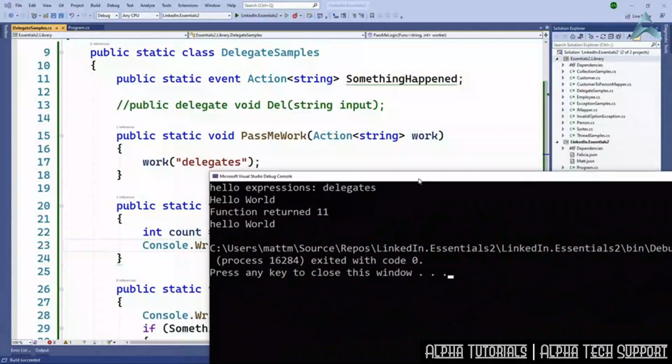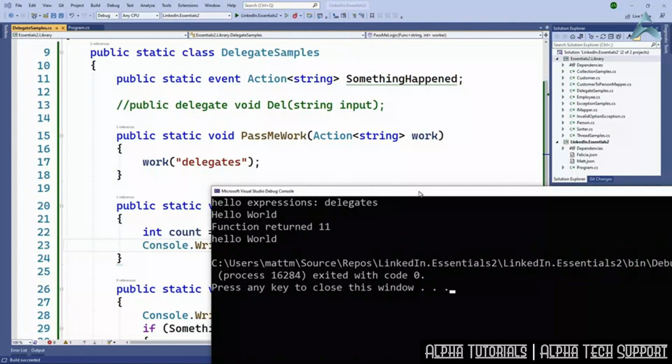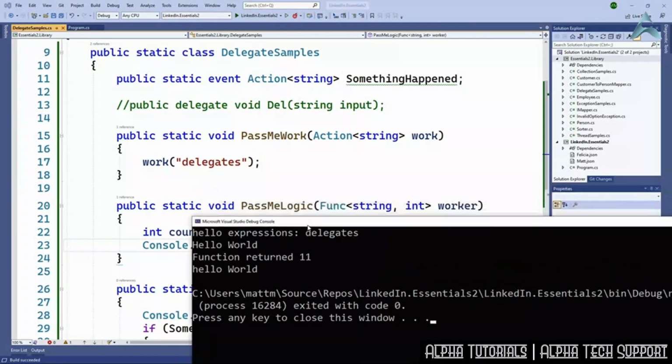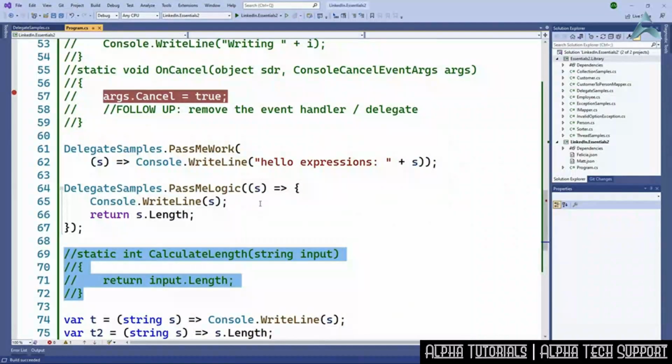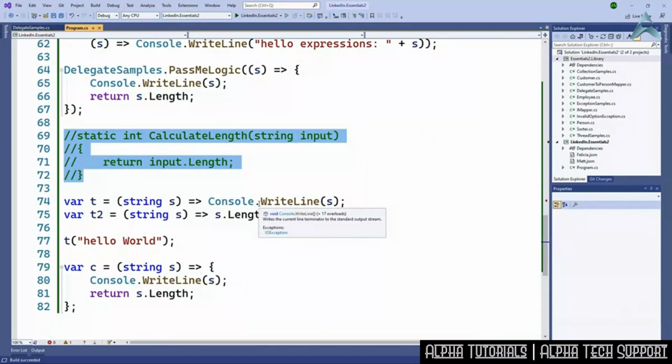So we've got our hello expressions delegates. That's the pass me work getting invoked there, calling back into our Lambda expression now with the word delegates. Then we have our hello world. That's what was called or passed into that function. When we call worker here, we're calling that expression we defined. And we first do a write line. And then the function says what it returned here on line 23. So we get all of that logic simply embedded, those anonymous methods being able to be passed as delegates